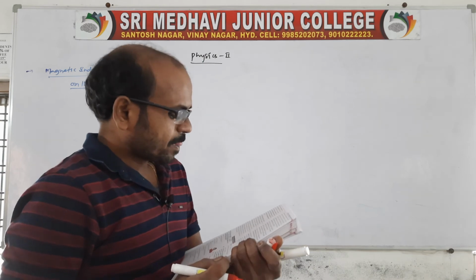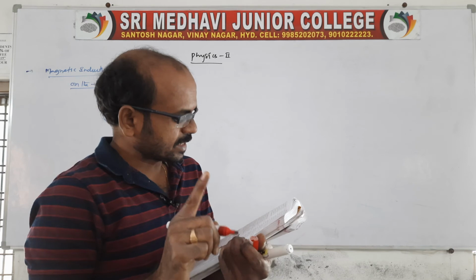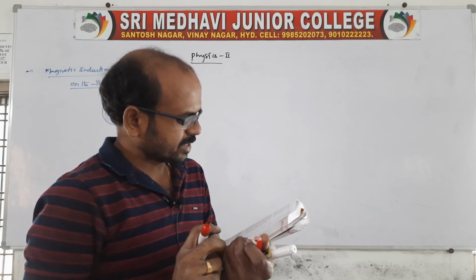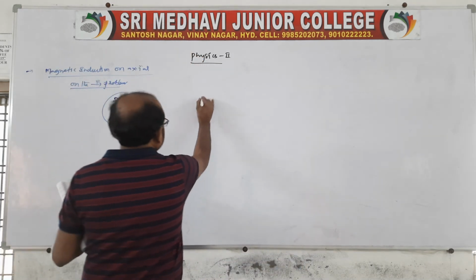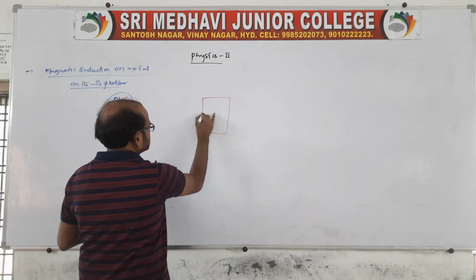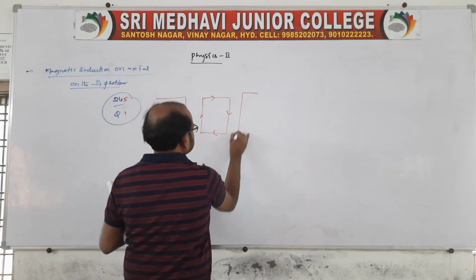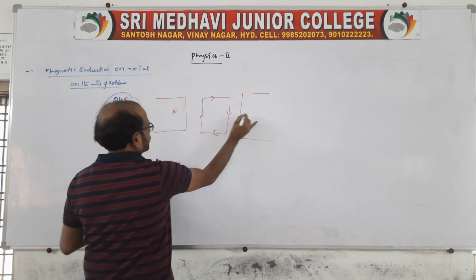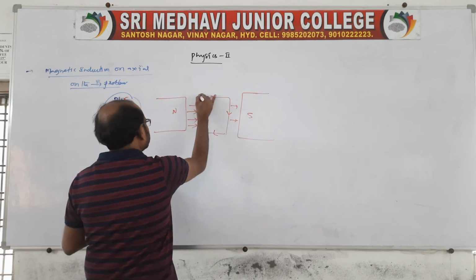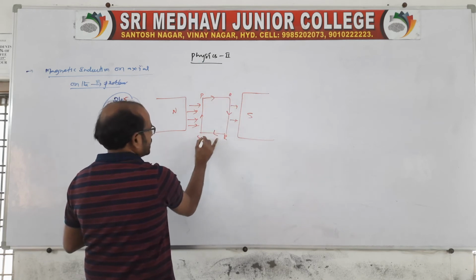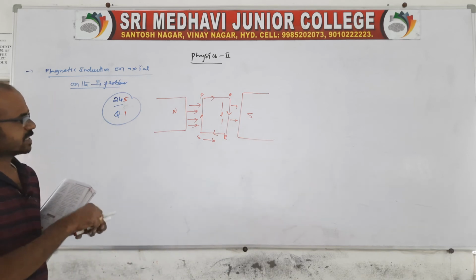Here it is asking, what is the torque acting on a plane coil of N turns carrying a current I and having area A when placed in a constant magnetic field? See, when a current carrying coil is placed in a uniform magnetic field, you remember this diagram, north to south, which provides the magnetic field like this. Perpendicular P, Q, R, S. Length and breadth are given.